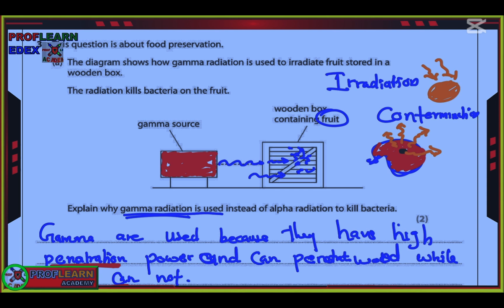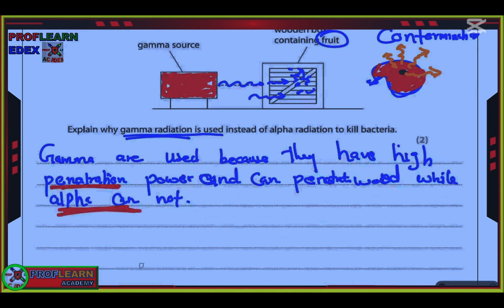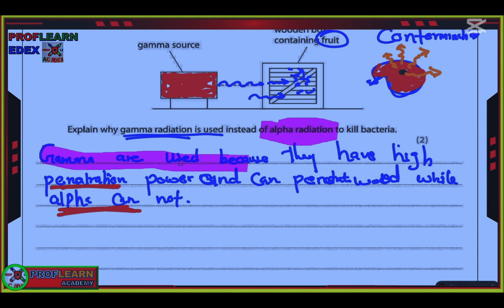Now, the question that is very interesting here is: explain why gamma radiation is used instead of alpha radiation. Gamma radiation is used because gamma has high penetration ability and can penetrate wood, while alpha cannot. Yeah, so explain why gamma radiation is used instead of alpha radiation to kill bacteria. I think we need to